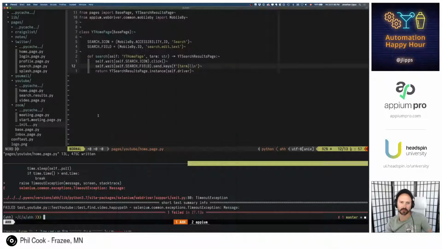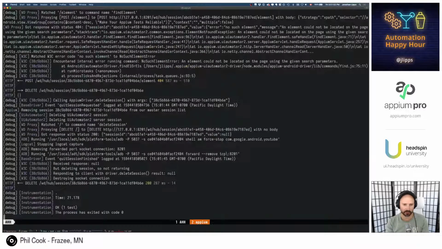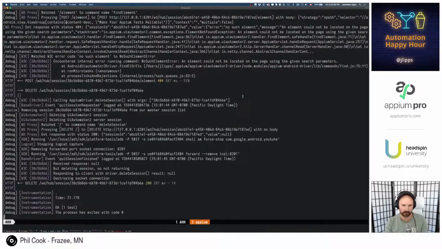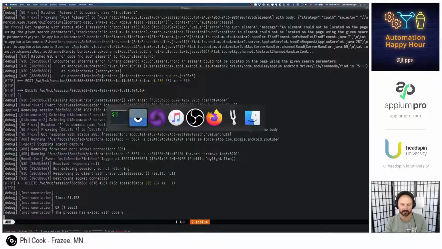Oh, that's because timeout exception. Let's check our Appium logs. What were we looking for? We were looking for something that can have the content description contained to make your Appium tests reliable. And really couldn't find it.